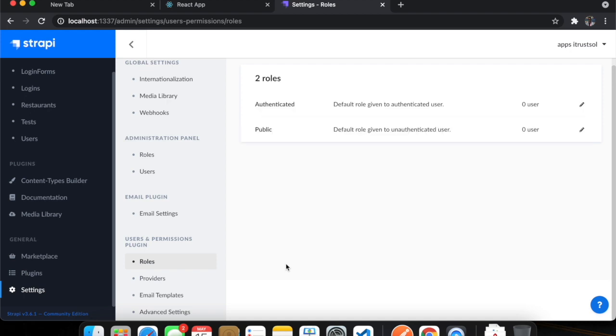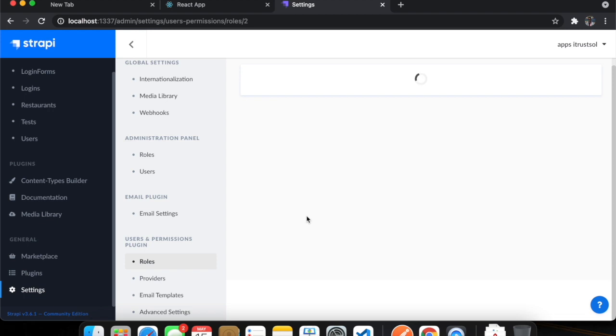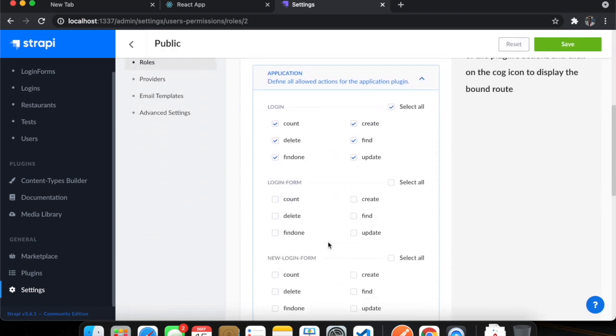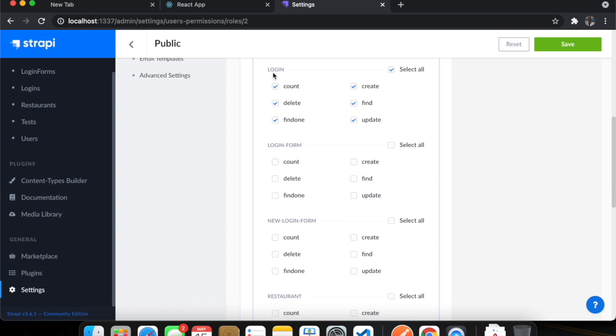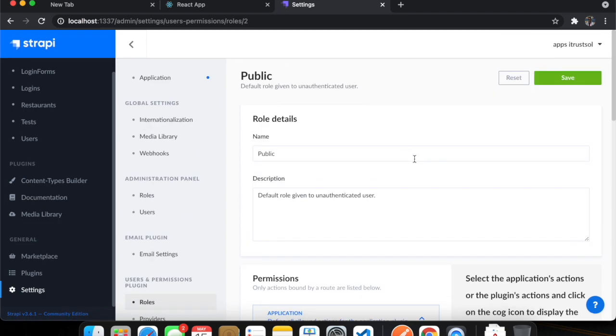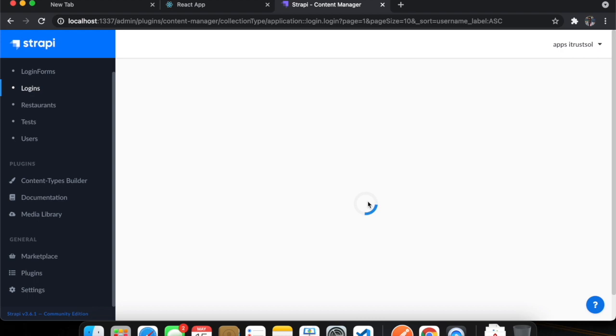If you want the login component to be given as a public role, just go to public, go down here, and you will have all the contents that you have created, such as login. So what are the APIs that you want to be accessible without authentication? You can select that and click save. This would get saved.